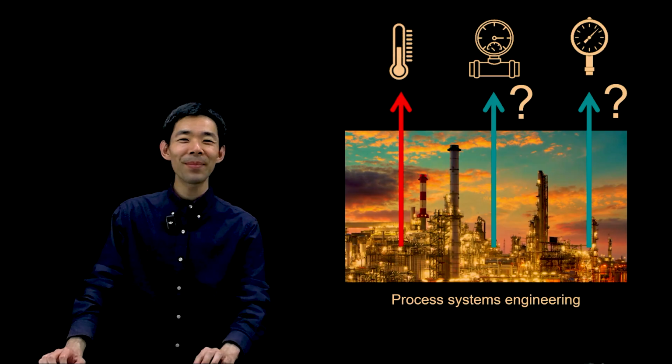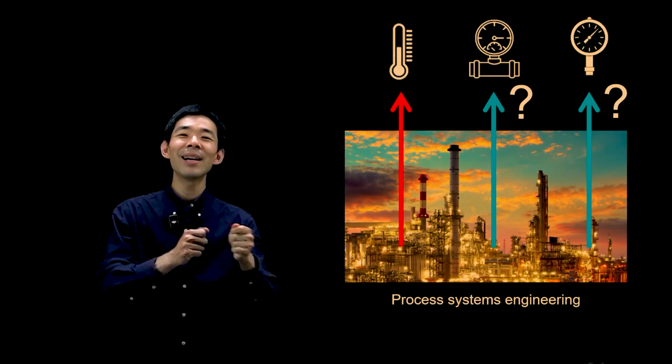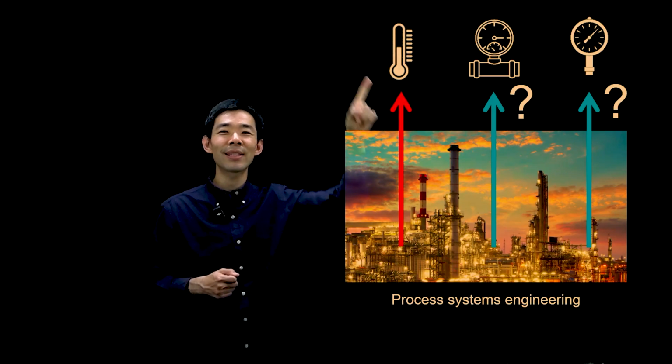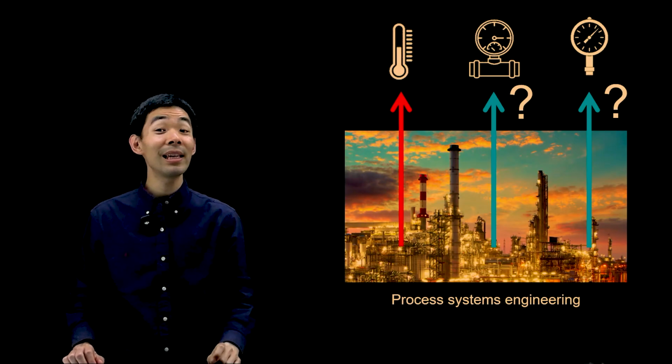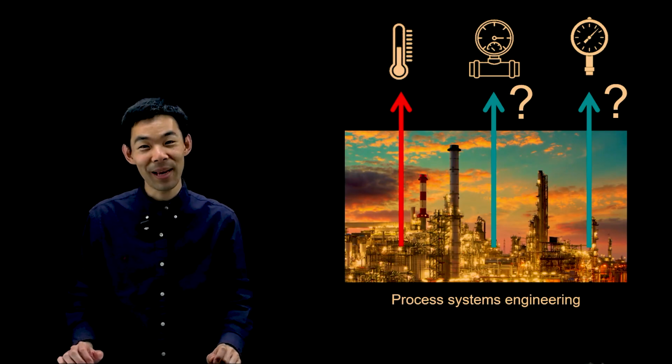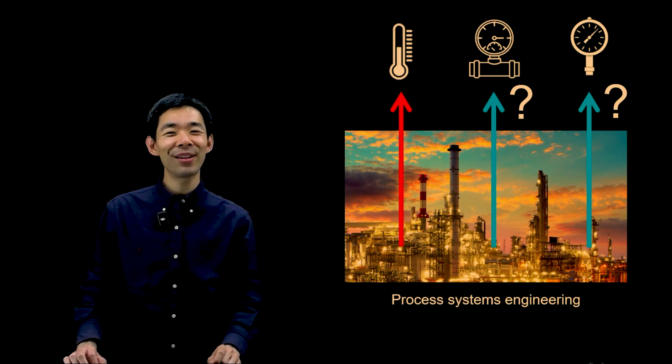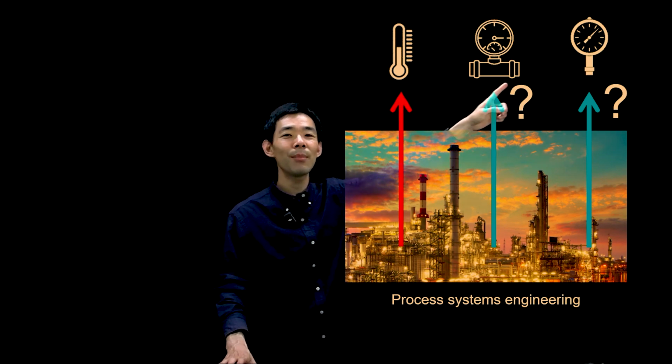As an engineer, there are many situations where you can measure one variable very accurately and precisely, but you do not have a direct measurement of all the variables in your states. For example, let's suppose you're developing a new bioreactor, and you've implemented the right design such that you can measure the temperature inside your reactor very precisely and accurately as a function of time, for example. But you do not have a good measurement of the pressure downstream or the flow rate